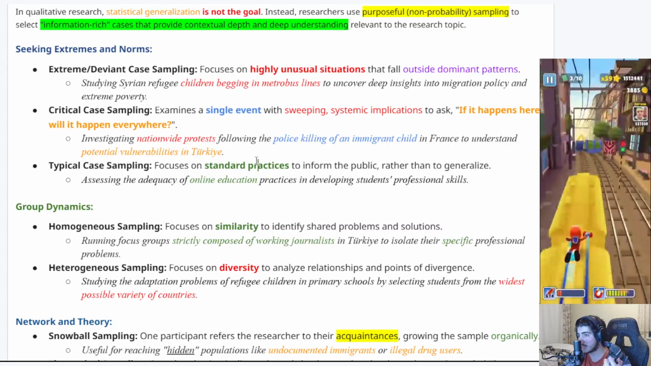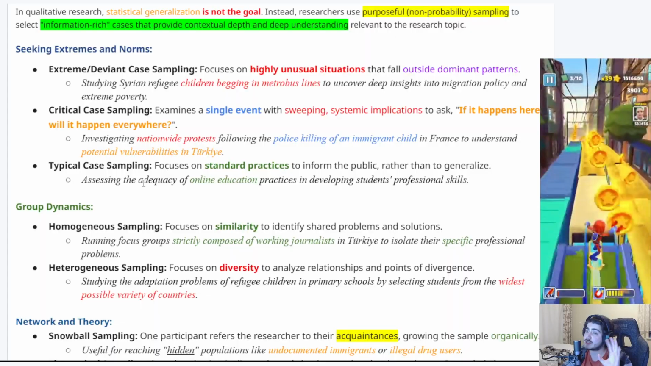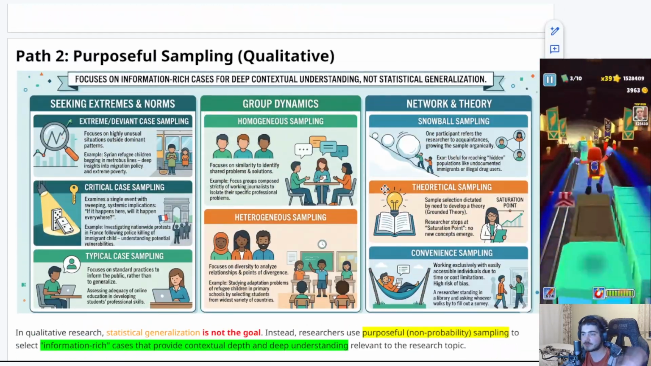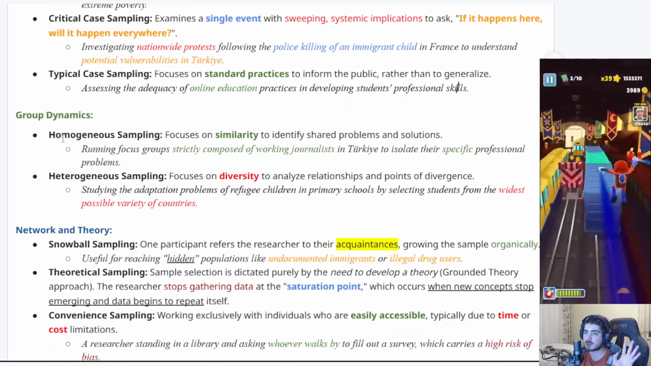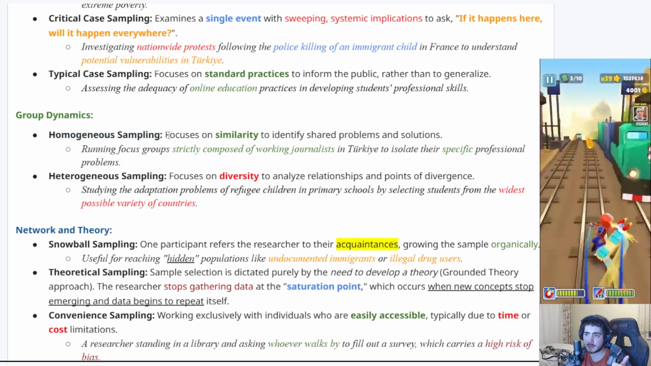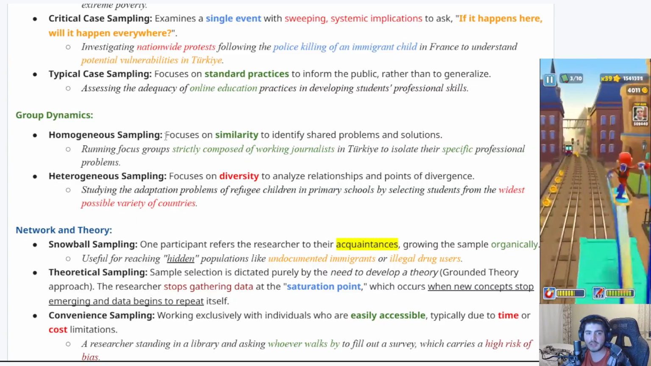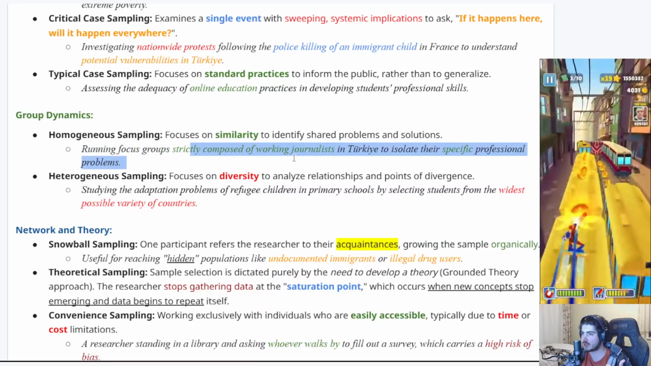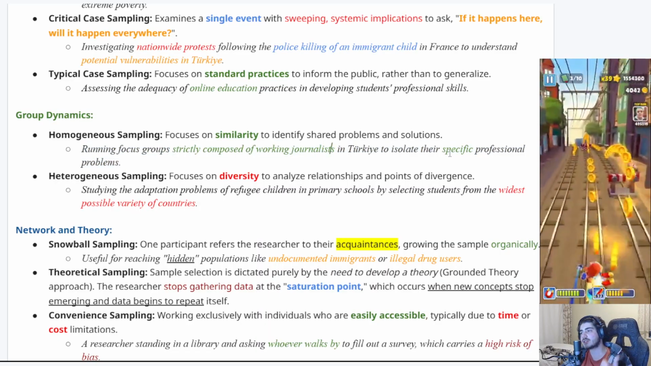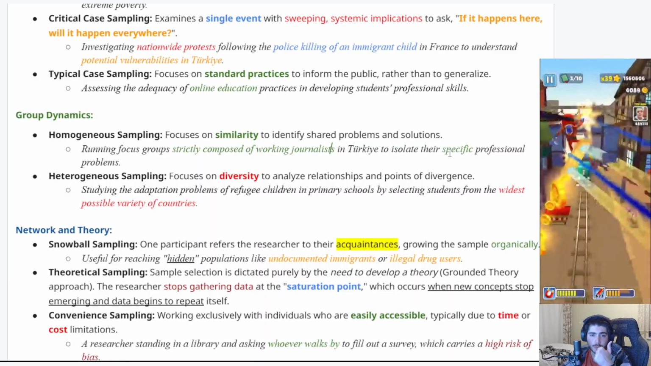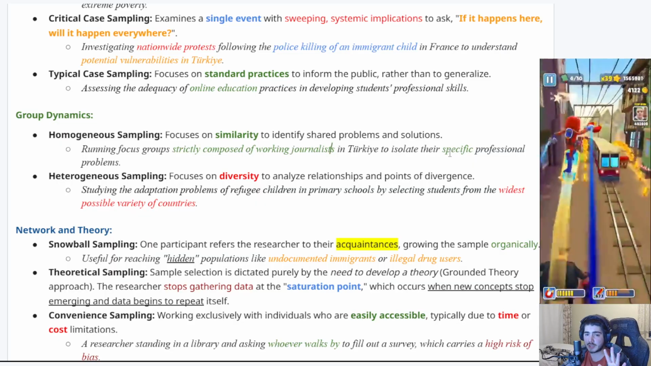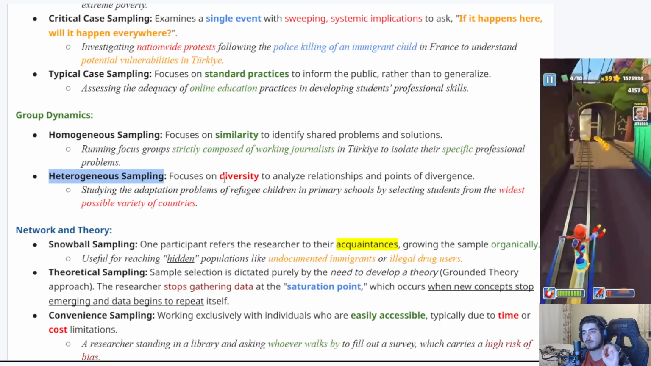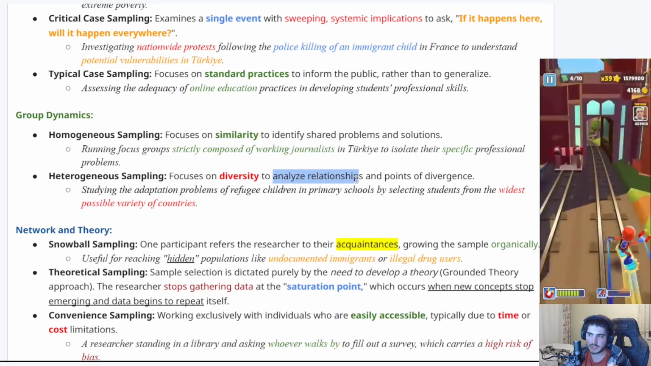It focuses on standard practices to inform the public, like assessing the adequacy of online education practices and developing students' professional skills. We have group dynamics, which is we can do homogeneous sampling, which focuses on the similarity to identify shared problems and solutions, like running focus groups strictly composed of working journalists to isolate their specific personal professional problems. You take a homogeneous subset of people, whereas in heterogeneous sampling, it focuses on diversity to analyze relationships and